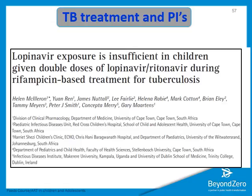We're all aware that you can boost with Ritonavir, but Ritonavir is difficult to get hold of. It expires very, very quickly. It tastes absolutely terrible, and so it was just much simpler. Let's just double the dose of the Lopinavir/Ritonavir. But in this particular study, which was done in smaller, younger children, it was found that it's not good enough, and that the